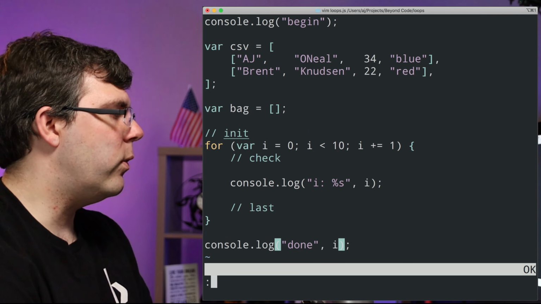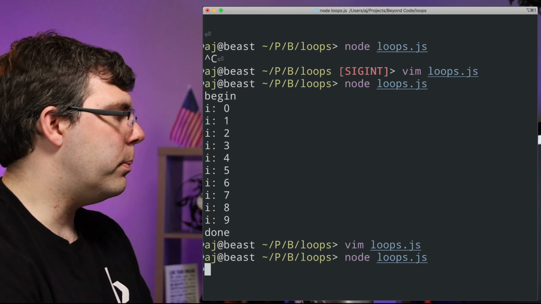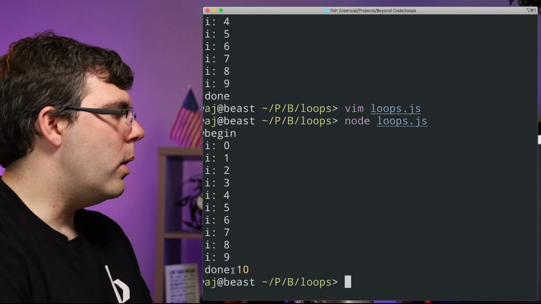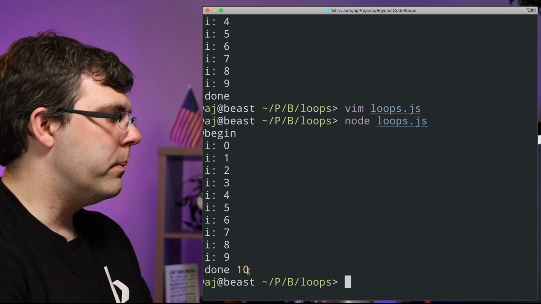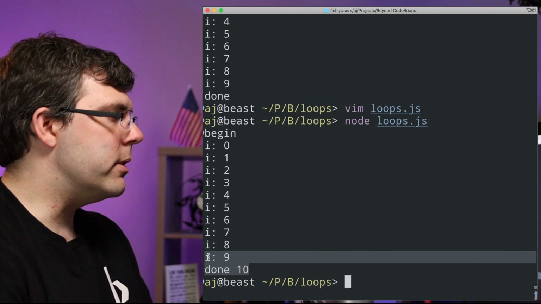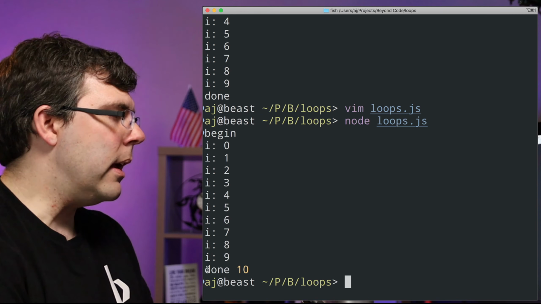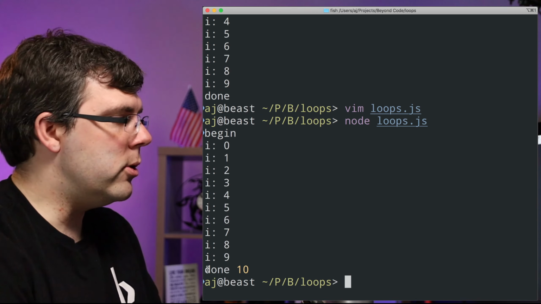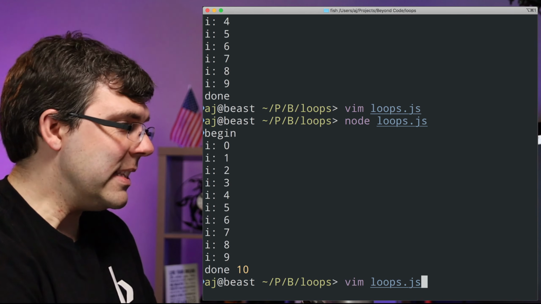So I'm just going to do this for demonstration purposes before we move on. So if I run this program, notice that i exists outside of the loop. So it doesn't matter whether you declare something inside of a loop or outside of a loop, because JavaScript is a lot simpler than many other languages in that it only cares about function scope. That said,